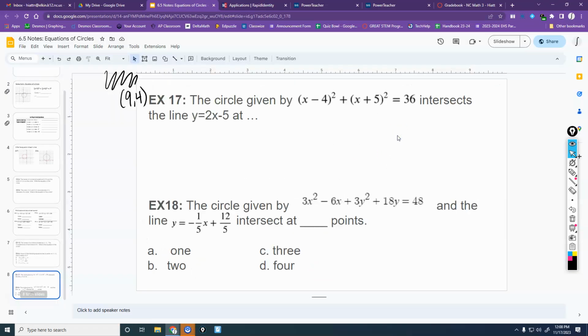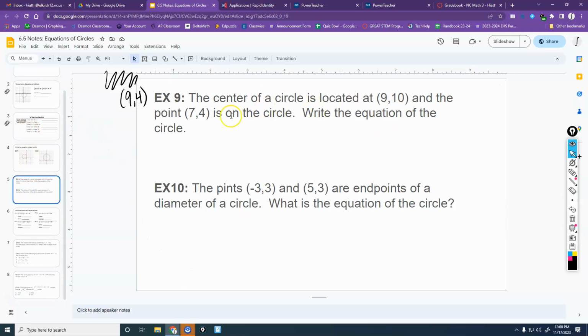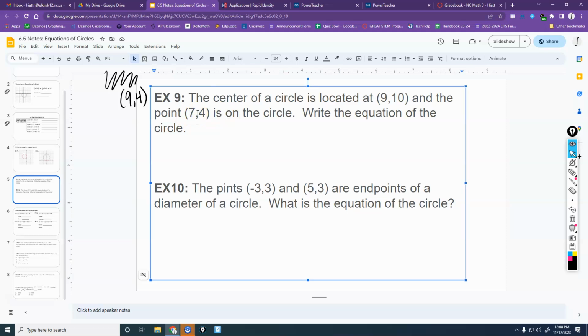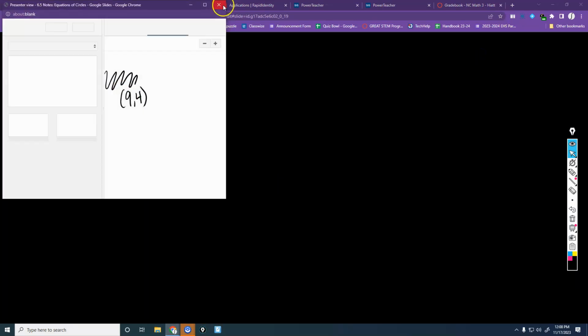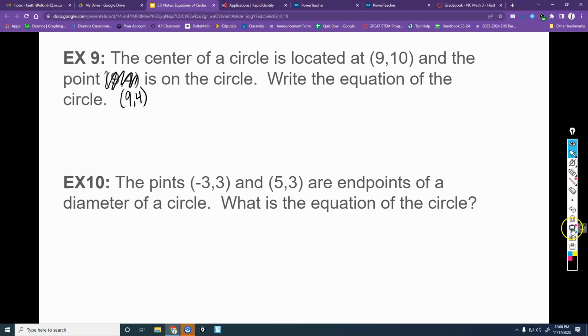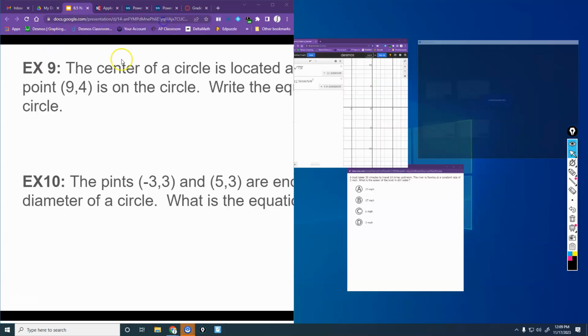Let me fix it on here as well so it won't be wrong next time. Okay, let's go back here. So we're changing that to 9, 4, and I'm going to pull up Desmos